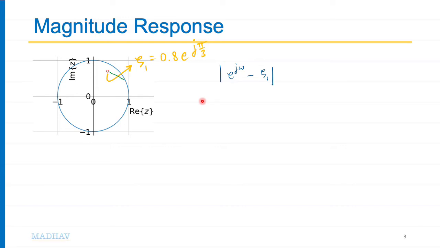If you see, this is my e^{jω}, where this angle is ω, and this term is this distance. If the angle is increasing, the distance becomes very small. It becomes 0.2 here, right? The whole length is 1, this is 0.8, and this is 0.2 here, the smallest value